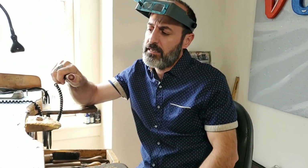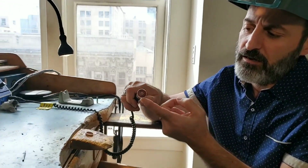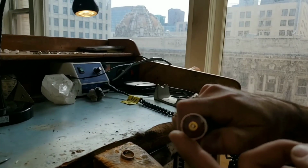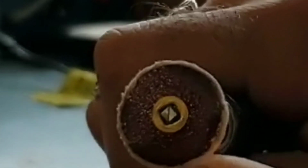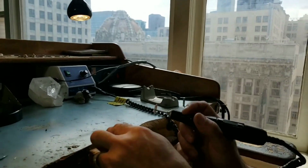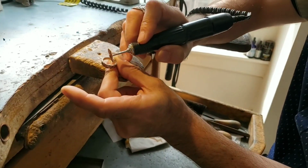Hi guys, today I want to talk about disc sandpaper. For jewelry, when I'm working with this sandpaper, sometimes the edges get really ripped like that, torn. So I want to fix this for you guys. When it gets like this, when you're doing detail work, this sandpaper cannot go inside and you cannot do